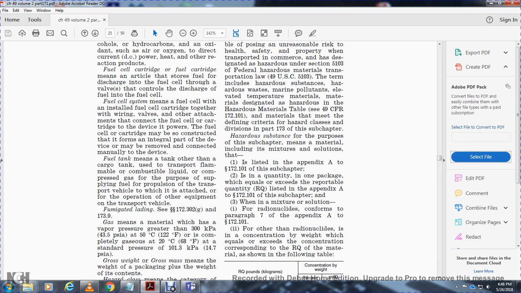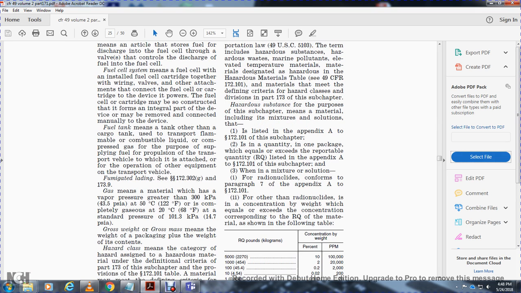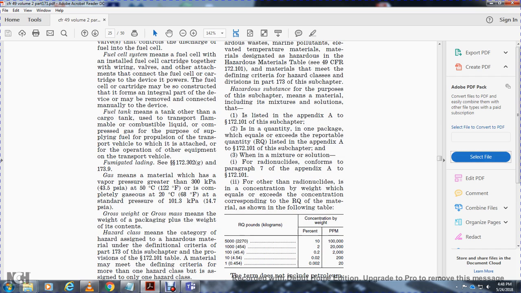fumigated, landing C-172-302G and 173-9. Gas means a material that has a vapor pressure greater than 300 kilopascals or 43.5 psi at 122 degrees, completely gaseous at 68 degrees at the standard pressure of 114.7 psi. Gross weight and gross mass mean the weight of the packaging plus the weight of the